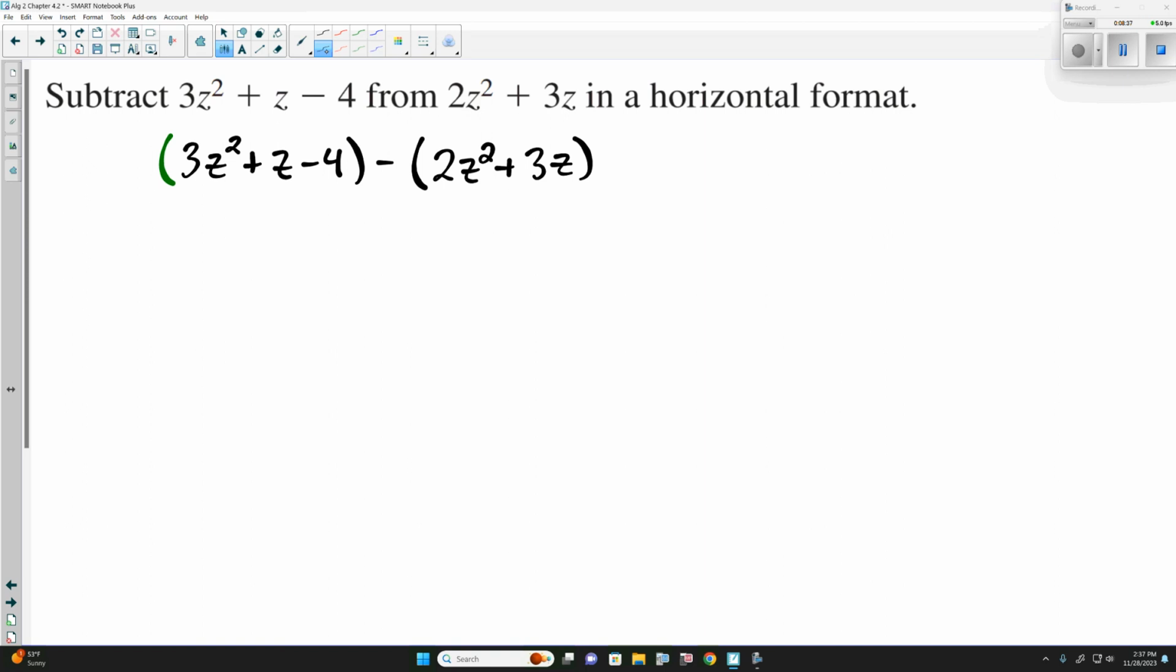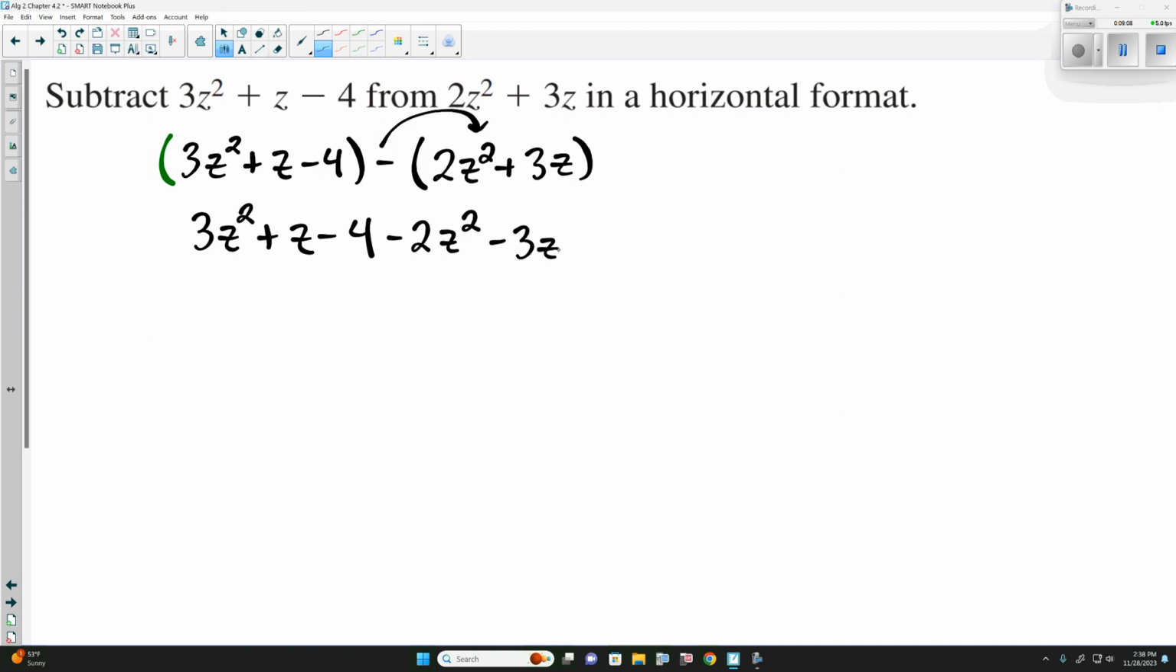Now, since there's not a sign in front of the first set of parentheses, we can just rewrite it, because none of the signs are changing, so we'll just drop the parentheses. Now, since we're subtracting the second set of parentheses, we do have to apply that minus, that negative, to every term inside the parentheses. So our positive 2z squared becomes negative 2z squared. Our positive 3z becomes